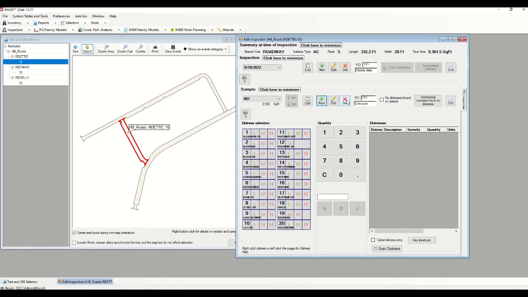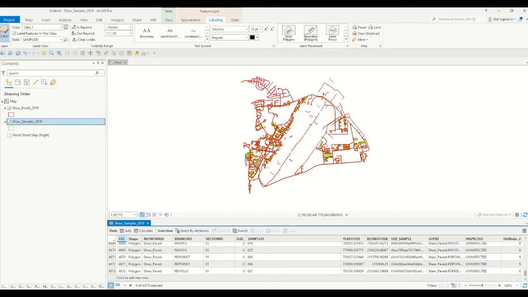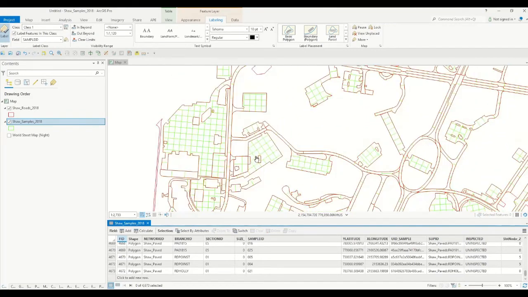So in a large city or Air Force Base network, the average for a base is around 1,200 of these sample units that I've just manually created. That can get very time consuming creating all that, and I'll show you an example. This is Shaw Air Force Base, roads and parking. And as you can see,